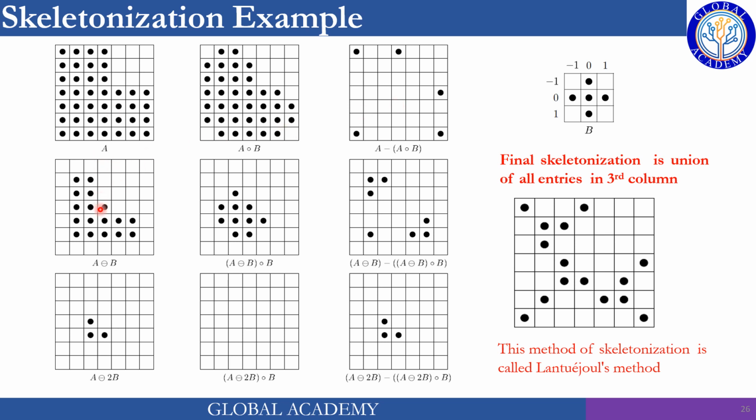So then erode A with B, and then its opening, we will get these pixels. And keep performing, and then we got this empty. So their difference would be like this one. So their union is like skeletonization. So it's perfectly like a skeleton of this shape, approximate skeleton of this shape, like this, this, and then like this.